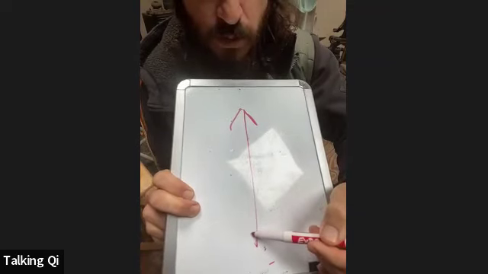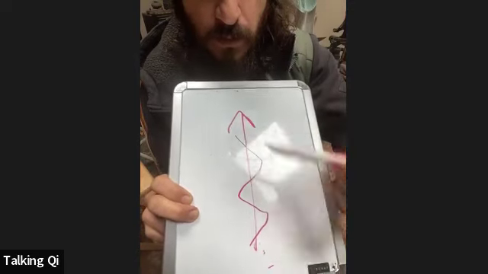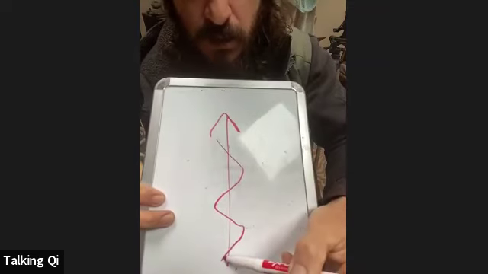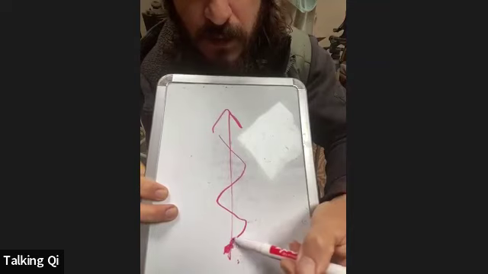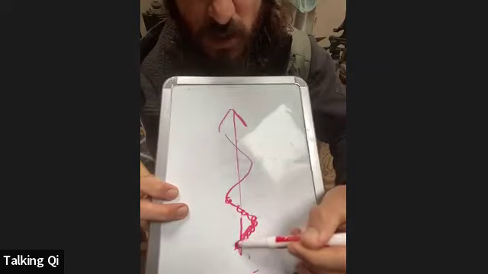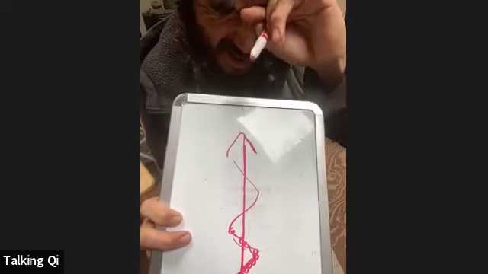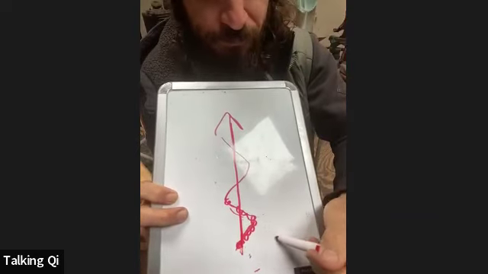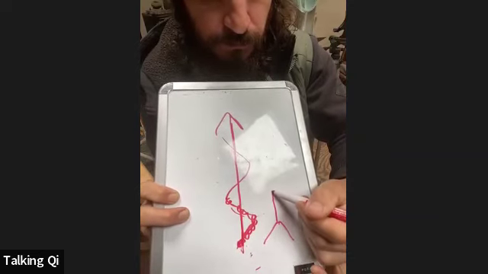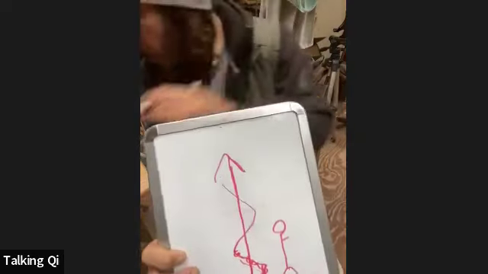If we omit the torso and if we omit the arms and the hands, then we see that we're guiding the Dantian, and the legs are guiding and moving the Dantian along the path, whether you're zigzagging or going straight. So that means that as you're walking, right, we're omitting the arms, but as you're walking,